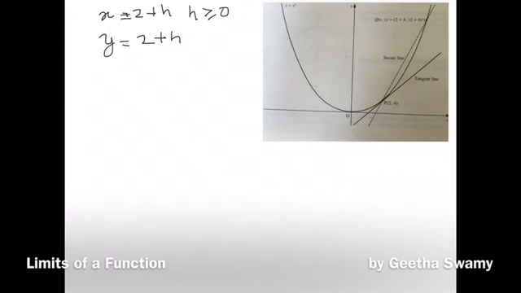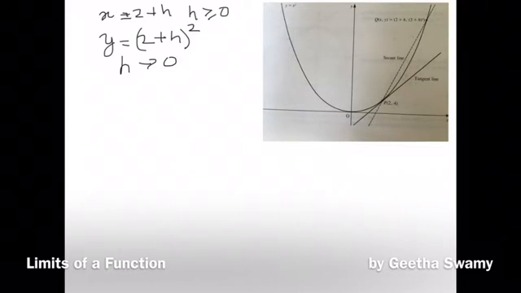which we get by replacing the x in y equals x squared by 2 plus h. Imagine Q to be a moving point moving closer and closer to P, so that PQ is becoming closer to becoming the tangent at P. Then the slope of secant PQ is also progressively getting closer to the slope of the tangent at P. As Q moves towards P, h will also become smaller, so that we say h is approaching 0, and we write this as h with an arrow